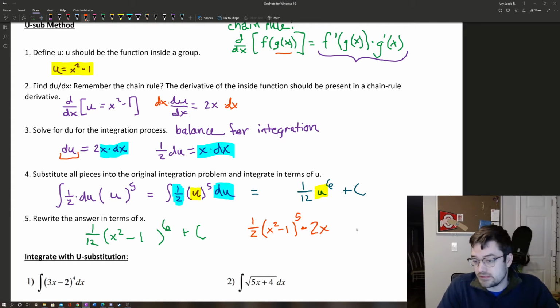And then the derivative of c is just 0, and you can see that this will simplify to be x, because 2 times 1/2 is 1, times x squared minus 1 to the fifth. So that's our derivative